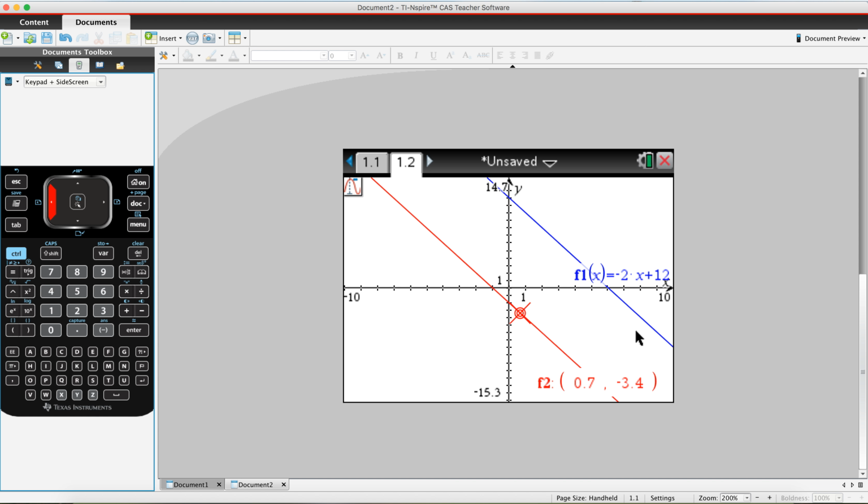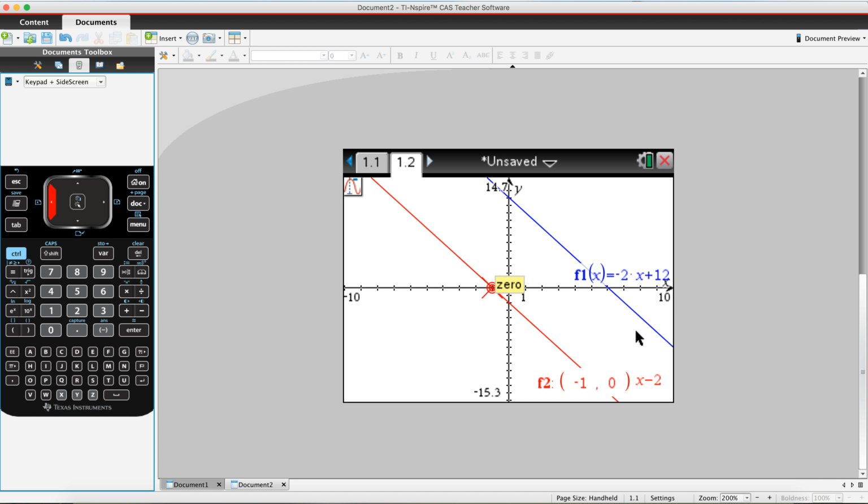was (-1, 0). Now we were on that point before, so there it is there. (-1, 0) was the x-intercept, so we know that it passes through that point. So I guess it's a way of checking our answers as well. By plotting them, you can check that they do in fact pass through those points,